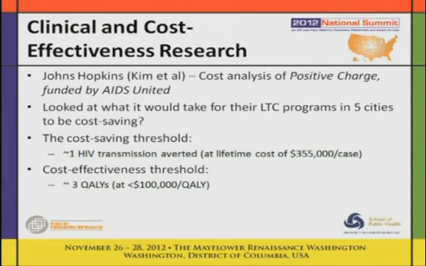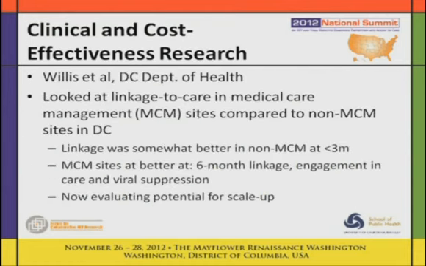They didn't go further yet, and I think that's planned, to look at whether they can achieve these thresholds, but they seem to be achievable, that it might be possible that we could avert one transmission and potentially save 3 quality-adjusted life years. A study from the DC Department of Health looked at linkage to care in medical care management sites